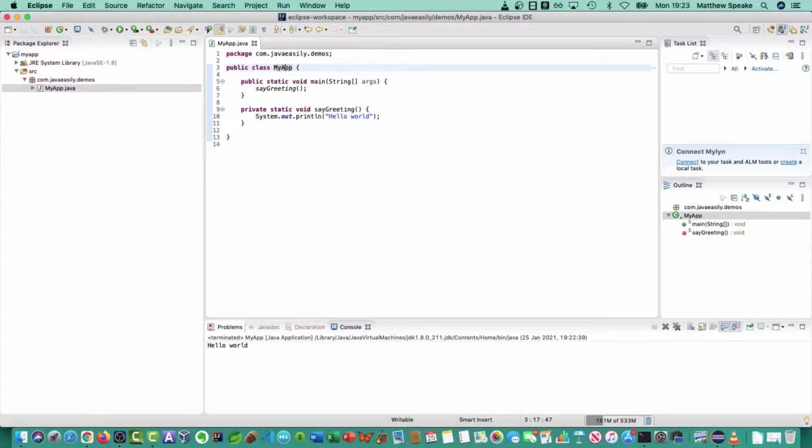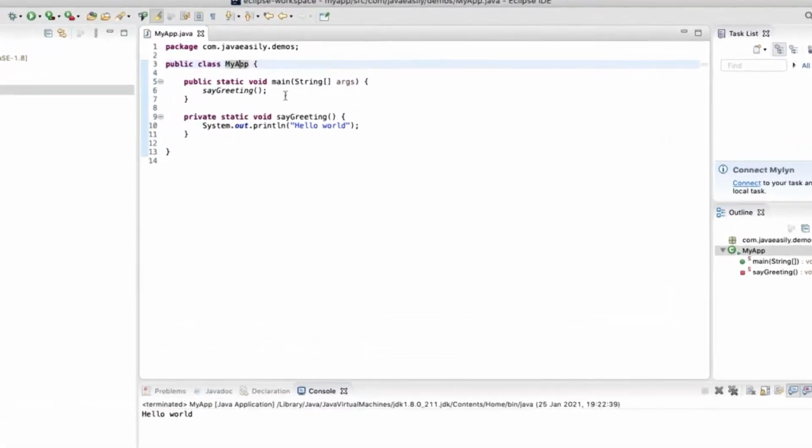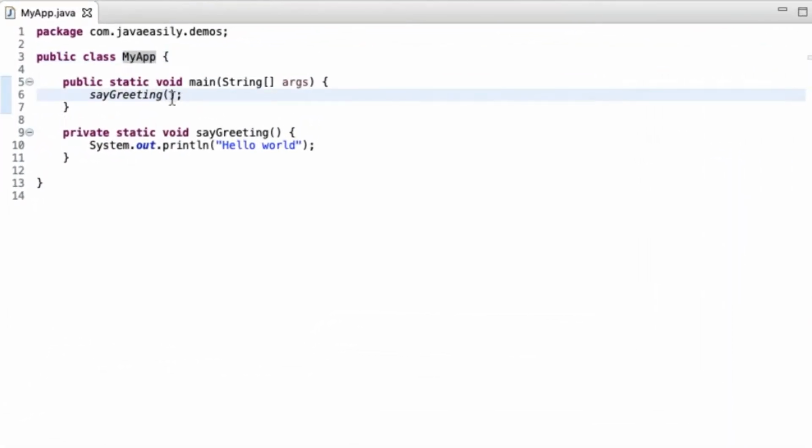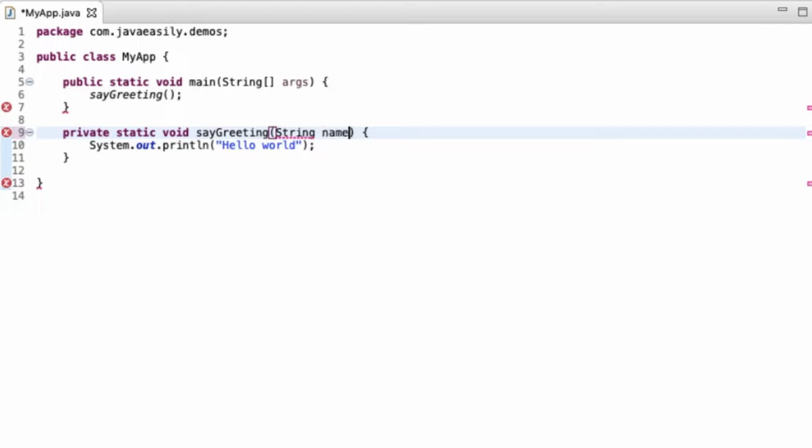So let's quickly demonstrate now how we can actually pass parameters. So if I just go up here, let's suppose I want to pass a parameter here, such that instead of saying hello world, it'll say hello and then the person's name. In order to do that, let's put in a parameter here. So we use the type of the parameter, which is going to be a string, because it's going to hold textual data, so character data, so alphabetical characters, that kind of stuff. And we give the variable a name, which coincidentally we'll also call name, because that makes sense. We're passing in the name of the person we want to greet. And once we've done that, we can delete this and replace world with the variable that we passed in.